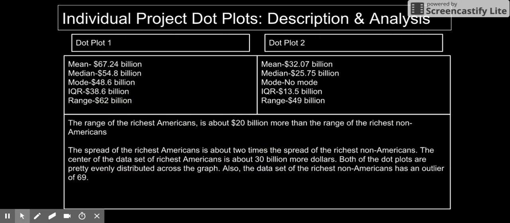The range of the richest Americans is about $20 billion more than the range of the richest non-Americans. The spread of the richest non-Americans is about 2 times less than the spread of the richest Americans. Also, the center of the data set for the richest Americans is about $30 billion more. Both of the dot plots are pretty evenly distributed across the graph, and dot plot 2 has an outlier at